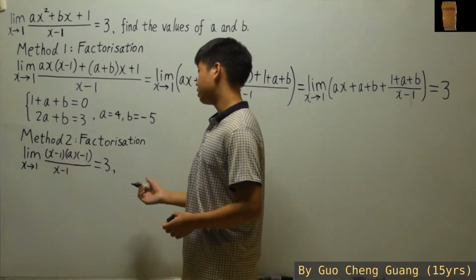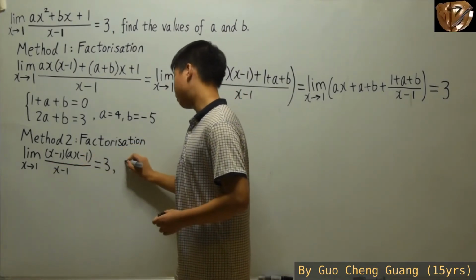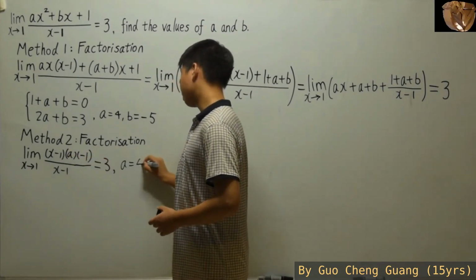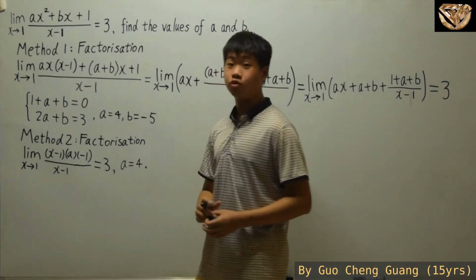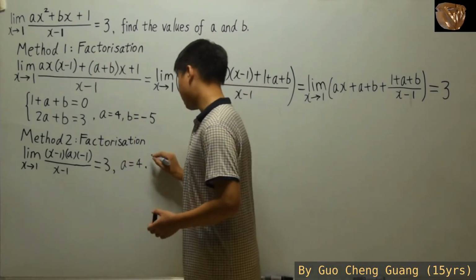So what you will find is after you substitute in x is equal to 1, you'll find that a minus 1 is actually equal to 3. Well, from here you can get a is equal to 4. And what happens to your b? So your b would actually be